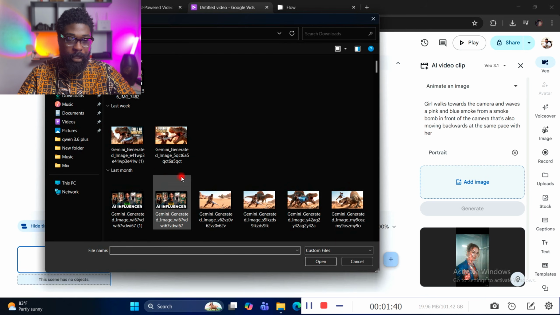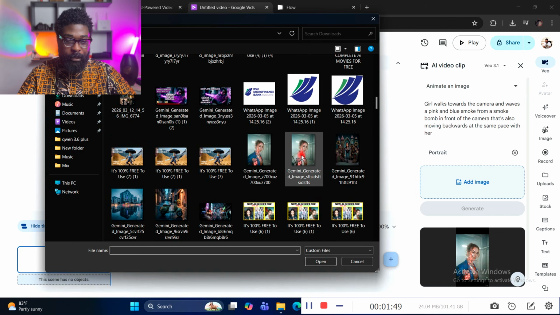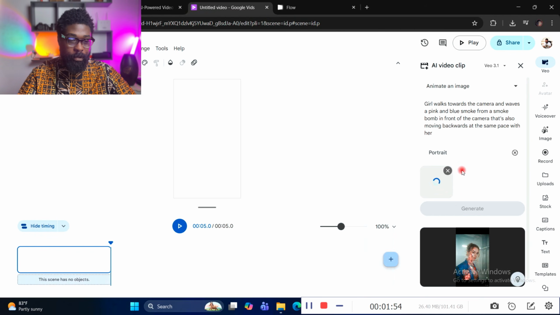where you can just upload an image that you want. So let's just say I get the video of this model, and just click open. Once you click open, it will preload the image here. All you have to do is type in your prompt. I already have a prompt here that I want to use to test out this feature,